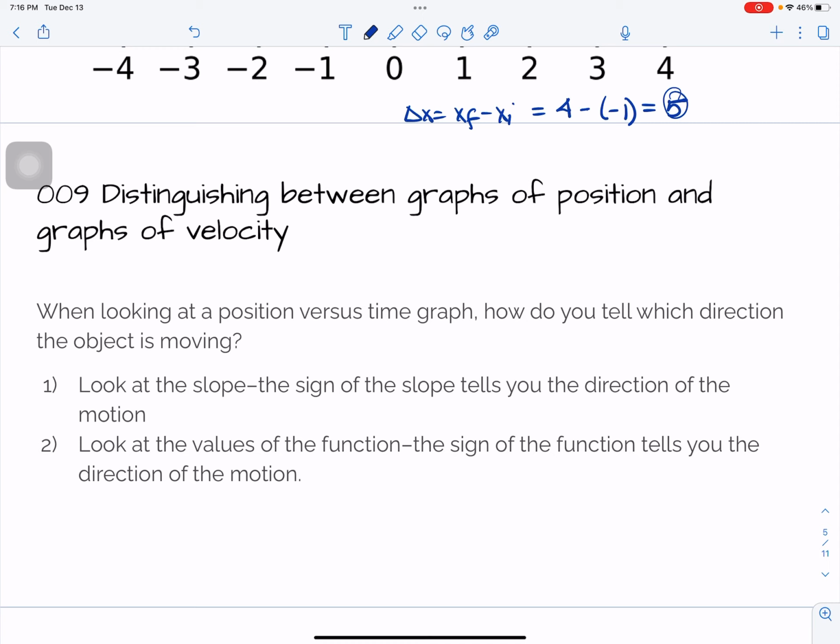Distinguishing between graphs of position and graphs of velocity. So this is from 009. Now, when I look at a position versus time graph, so this is where I have x versus t, how do I tell which direction the object is moving? Do I look at the slope? The sign of the slope tells you the direction of the motion. Or do I look at the values of the function? The sign of the function tells you the direction of the motion. All right, so for position versus time, I actually look at the slope, and the slope tells me the direction